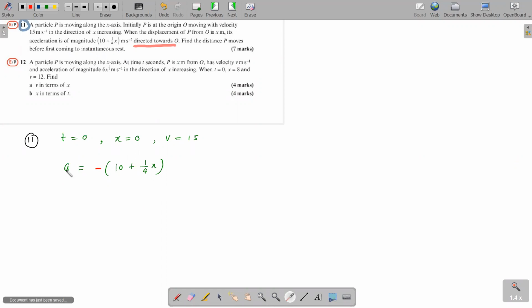So how do I come there? Can I just say acceleration integration is velocity and just directly go like that? No, when the acceleration is a function of displacement, there is a special equation specially devised for this instance. In these kinds of situations where acceleration is a function of displacement, you will go acceleration is v dv by dx, or you could go with d by dx of half v square. Any of these two equations, you have to go with one of these two. So I will go with v dv by dx for acceleration